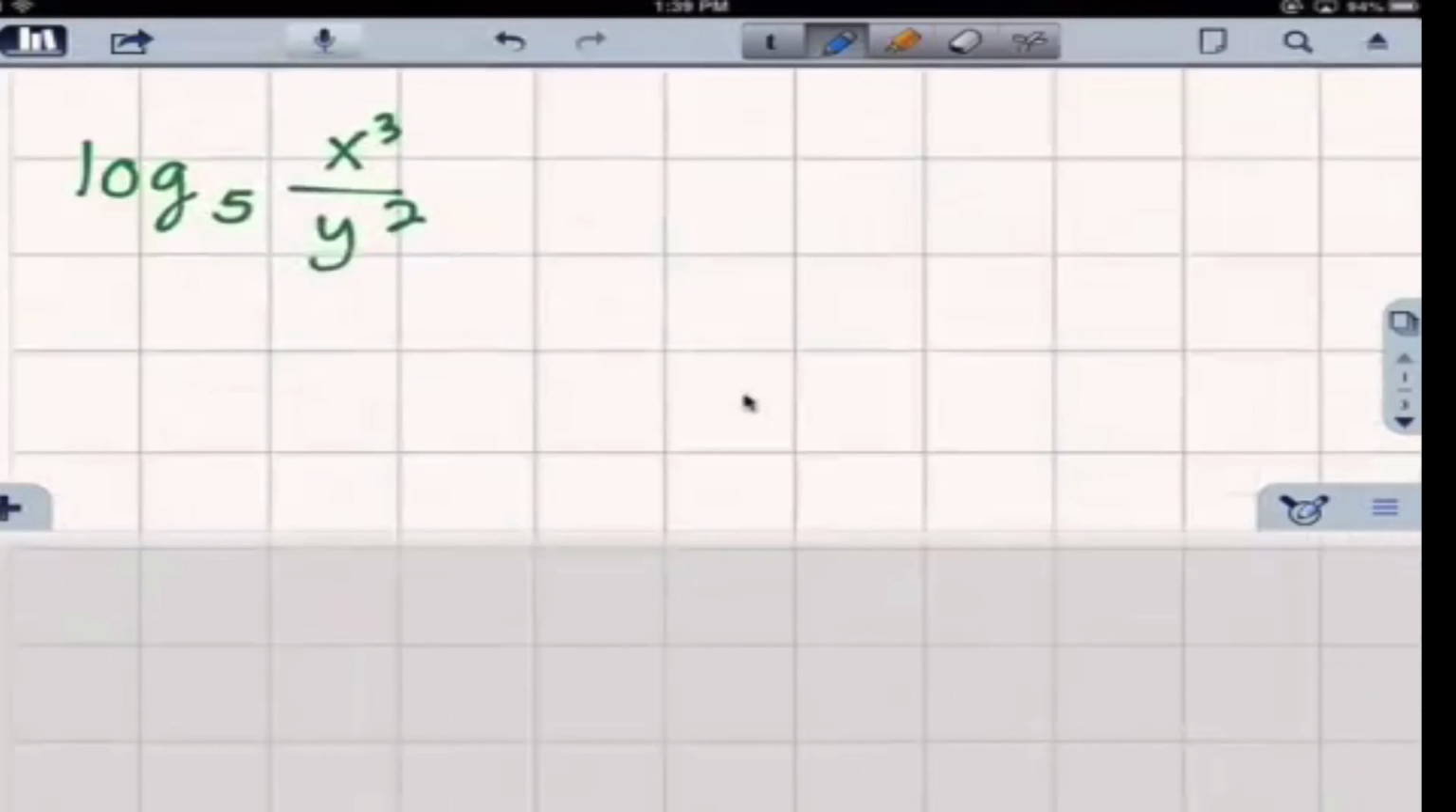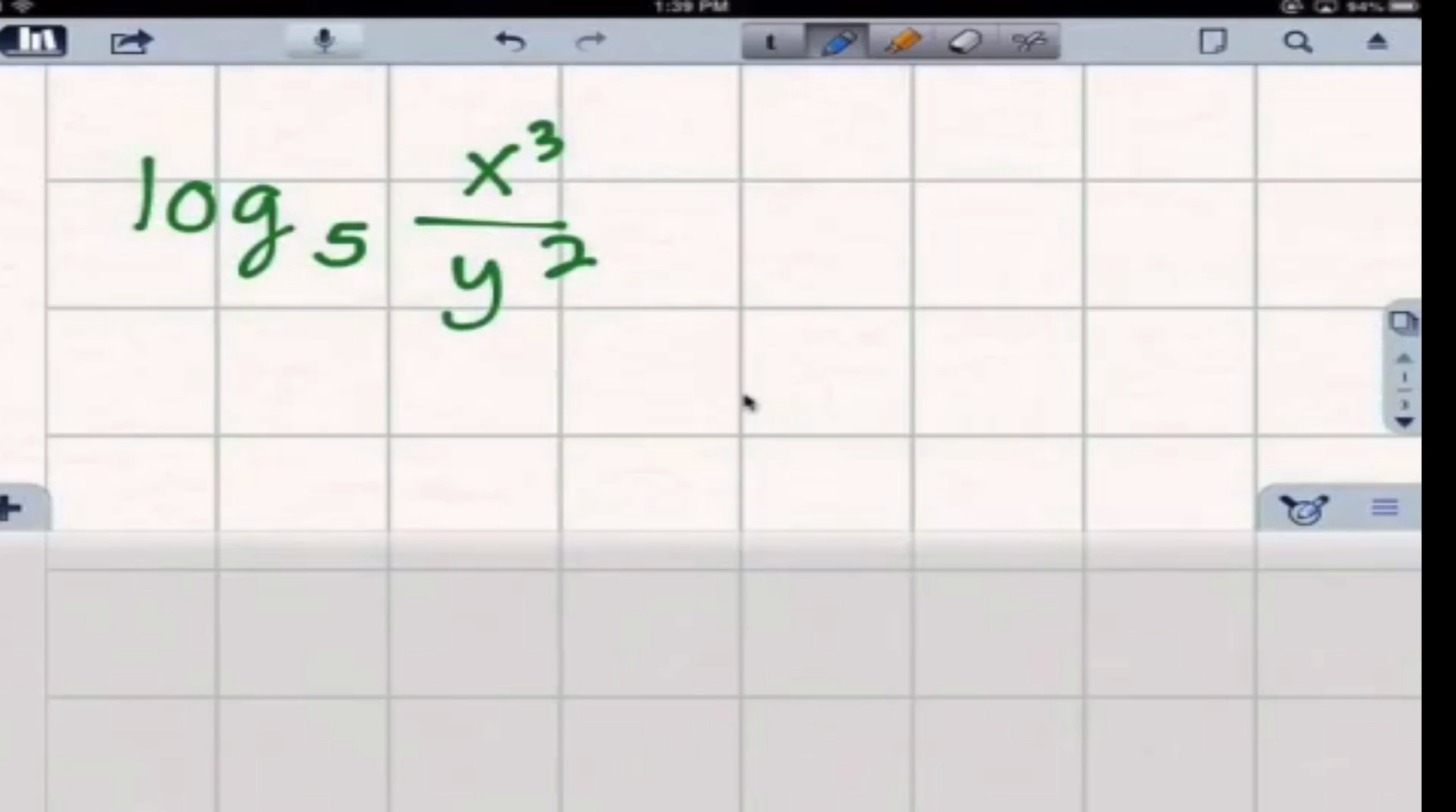Okay, next concept, expanding and condensing. Remember, we have 3 different rules. We have our power property, where exponents become coefficients, or coefficients become exponents. It works both ways. We also have our product property, where if things are multiplied together, we can split them up using addition. Our quotient property is our third property, and that is if we have division, we can split it up using